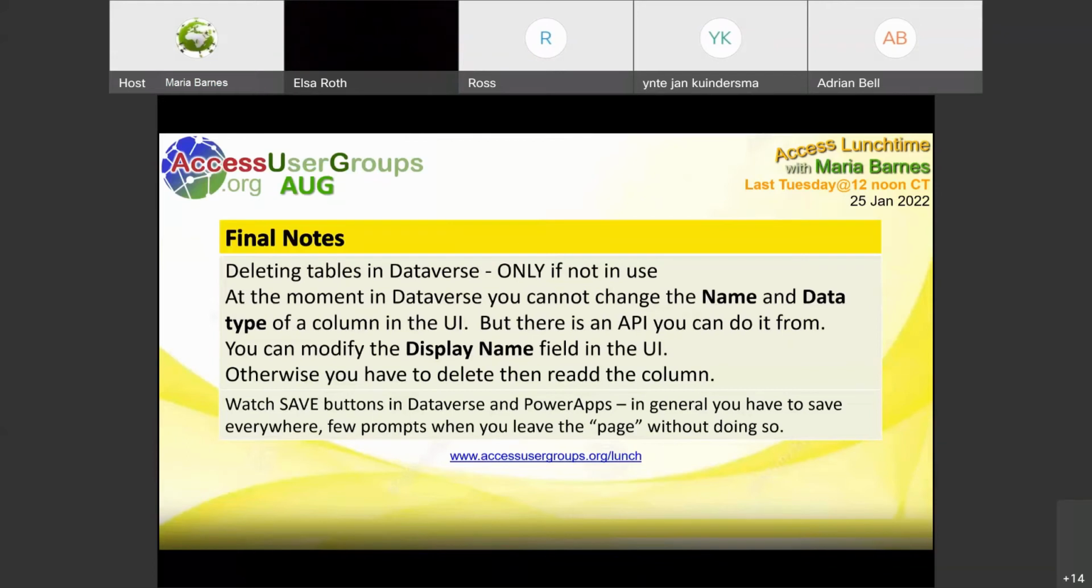Maria, John Clark's got his hand up. Okay, John, go ahead. Yeah, actually, Maria, I think you just answered it. The second I raised my hand, I was